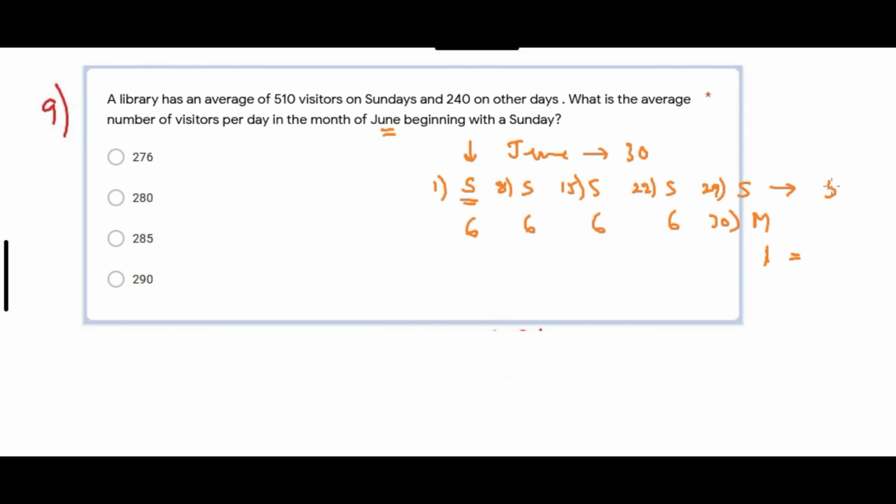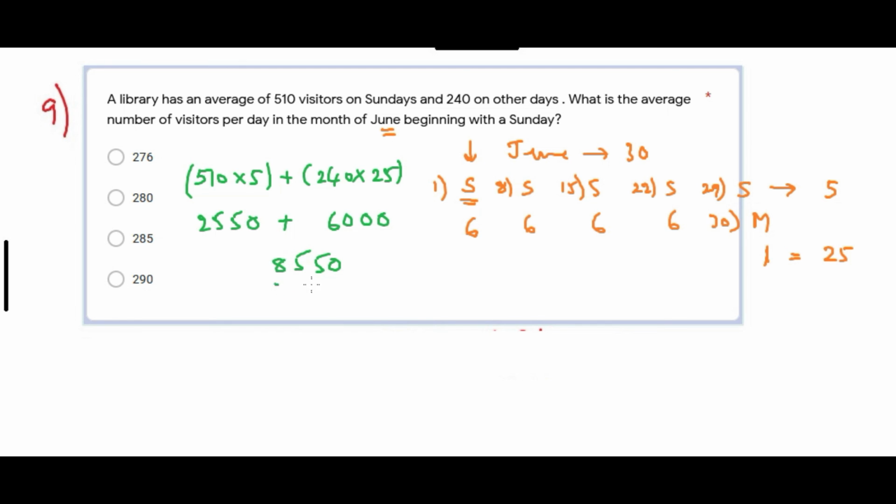There are 5 Sundays, and 6 4s are 24 plus 1, 25 other days. So sum of visitors will be 510 on Sundays, that means 5 in number, plus 240 on another day, it is 25. 5 5s are 25, plus 25 4s are 100, 25 2s are 50, and 10 is 60. So the total sum is